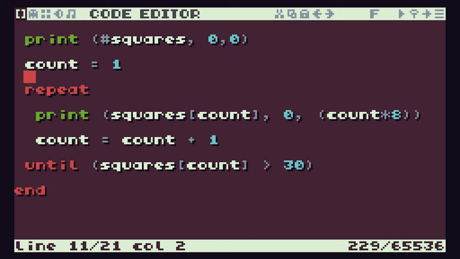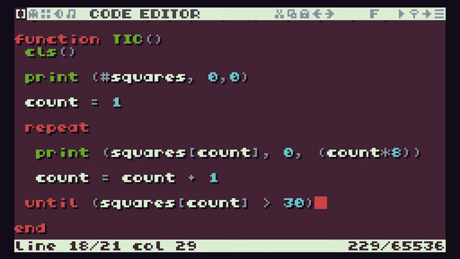So this type of loop then, you can see it has this exiting function built into it. But this exiting function only works on the conditions which we've specified. There's no automatic exit function from the loop. And if you think back to our for loop, whenever we were setting that up, it would use this count variable, and it would say for count equals 1 to a certain value, which in our case was 10, because that was the number of elements in our squares array. So our loop would go round and round, printing out each of the elements of the array, but when it got to the 10th element, it would then stop, the loop would end,